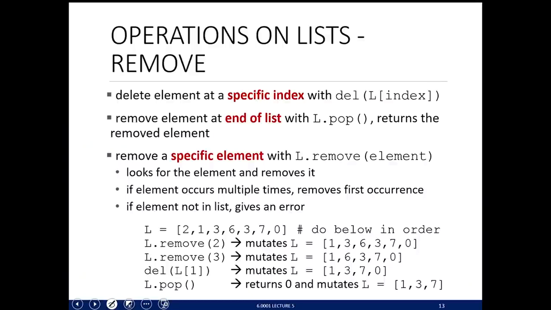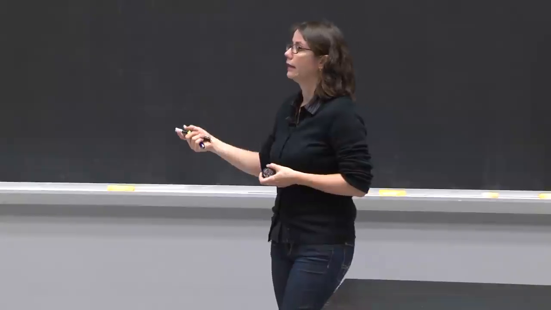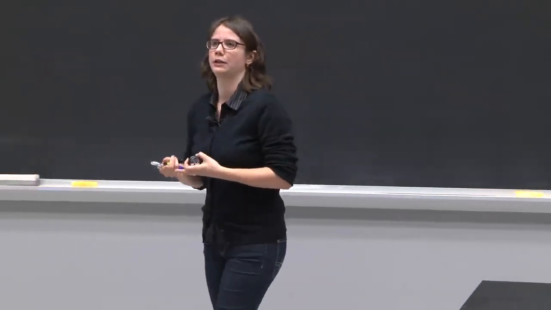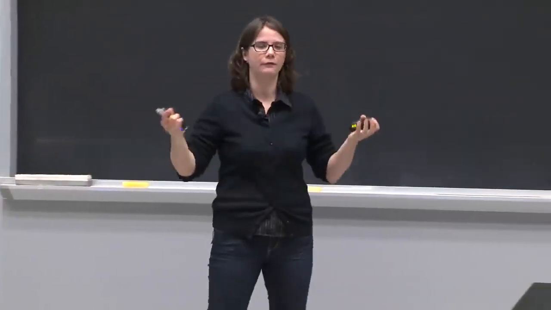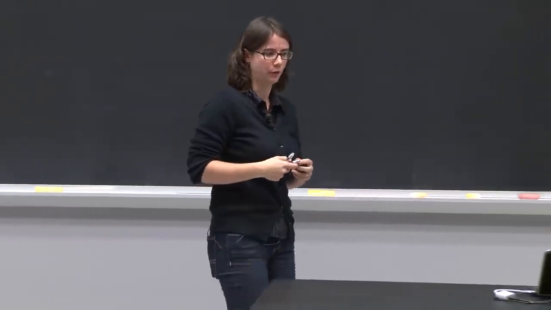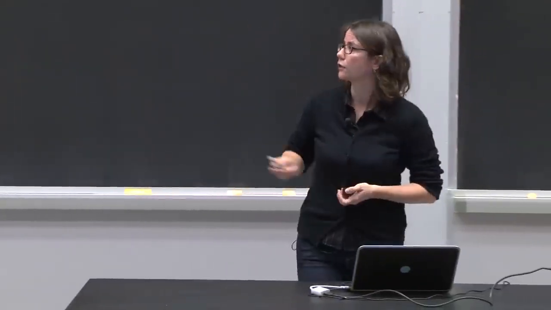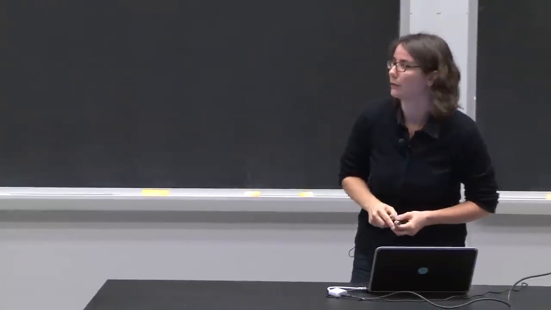If you want to remove a specific element, so you know there's somewhere in your list there's the number 5, and you want to delete it from the list, then you say l.remove, and you say what element you want to remove. And that only removes the very first occurrence of it. So if there's 2 5s in your list, then it's only going to remove the very first one. Okay? So let's take a look at this sort of sequence of